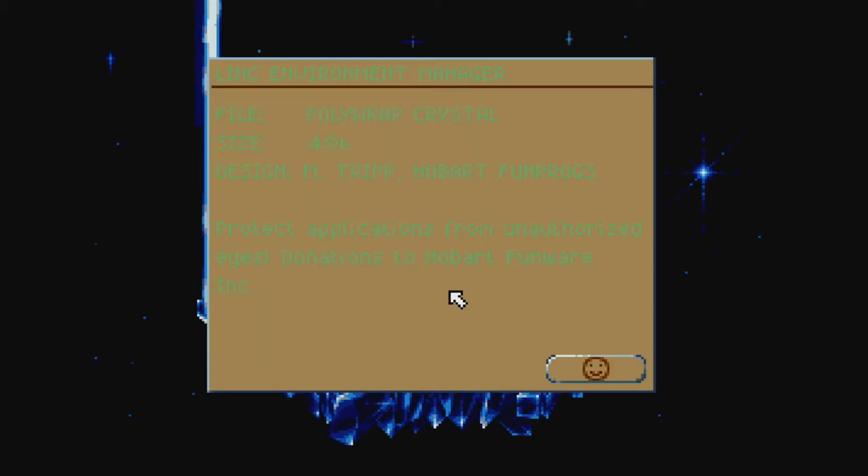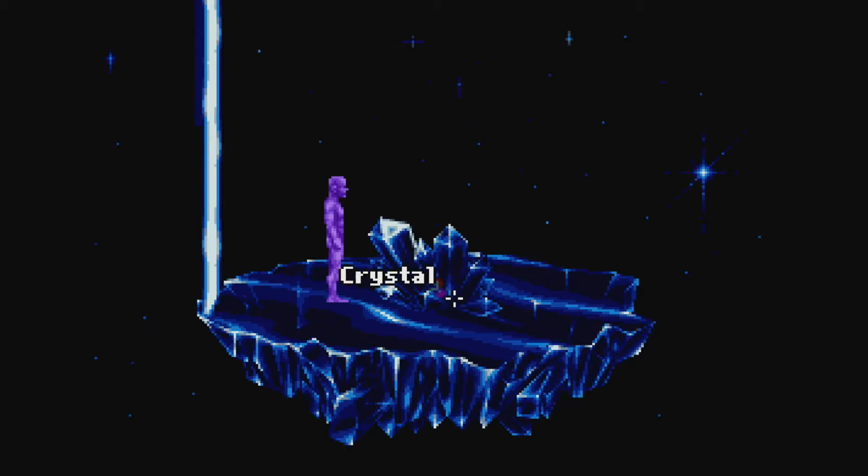Oh, that's a bit hard to read in that sense. So this is Polyrop Crystal. Protect applications from unauthorized eyes. Donations to Hobart Funware, blah blah blah blah. Okay. So this is what the oscillator was for that we found using Anita's card. But it's not on Gallagher's, so